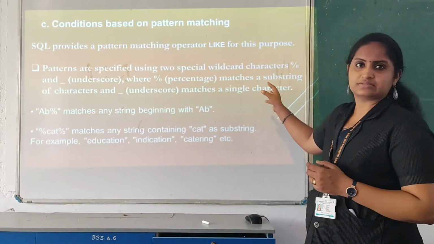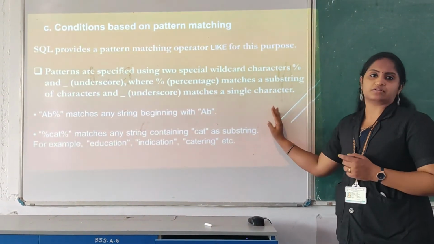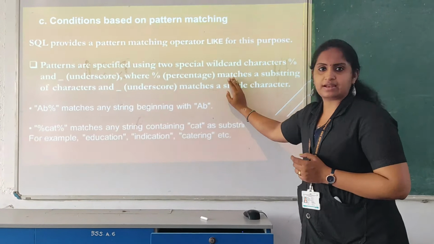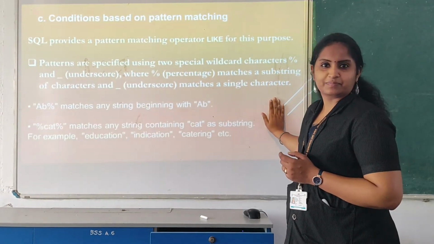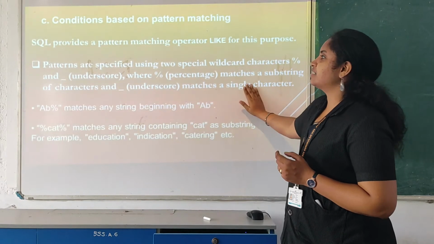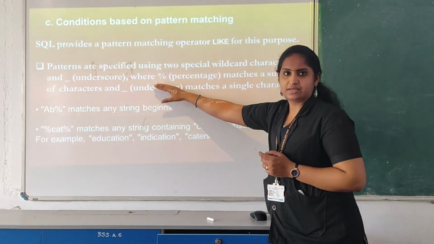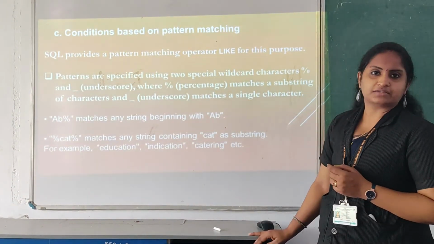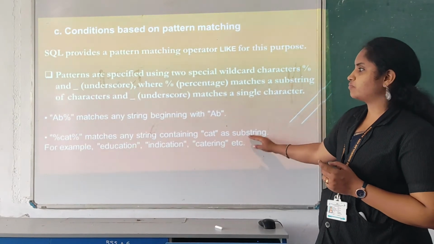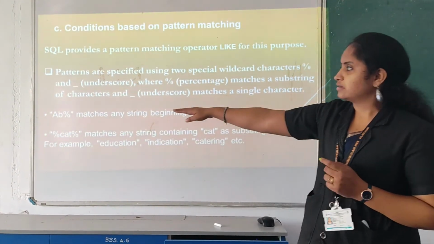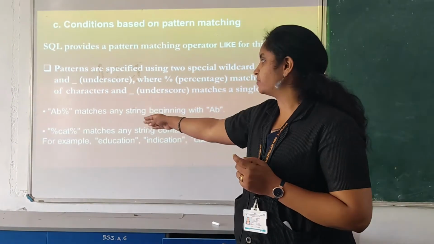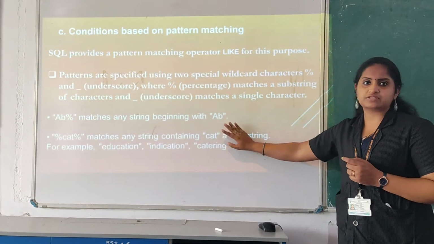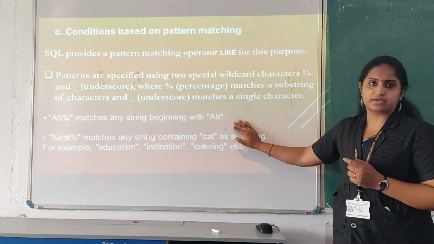And here it is the patterns. If in a class we have student names starting with AA or AD, like that, you can select from that. So you can give a condition with these operators, that is symbols like underscore and percentage, and like this you can use pattern matching. If it is 'AB%' in that model, the symbol means we can match with AB. It starts from AB. It will search for words which start with AB.